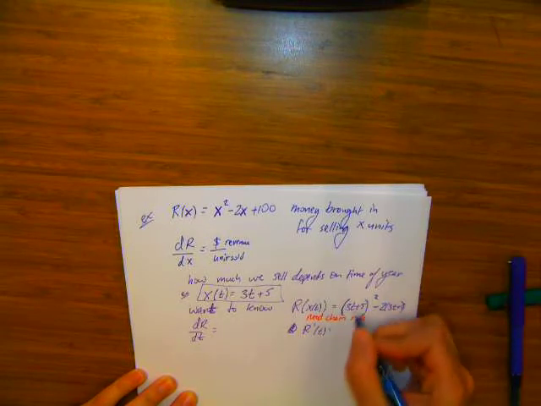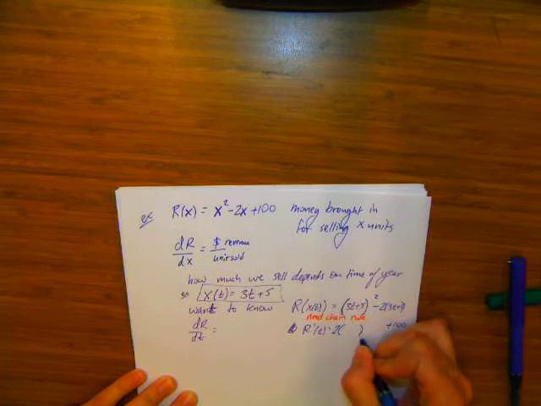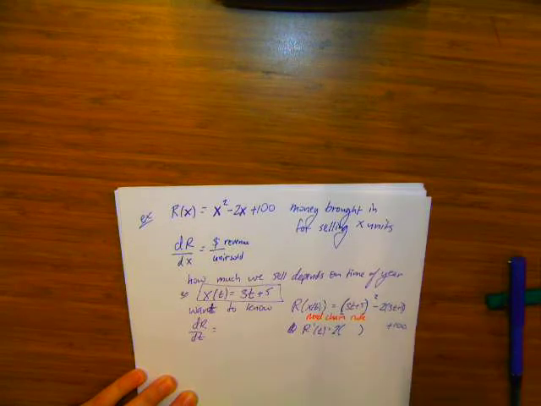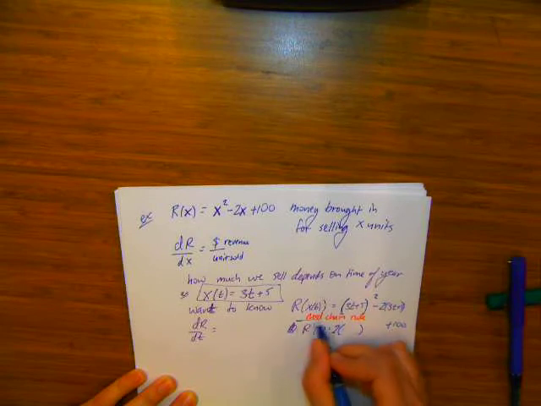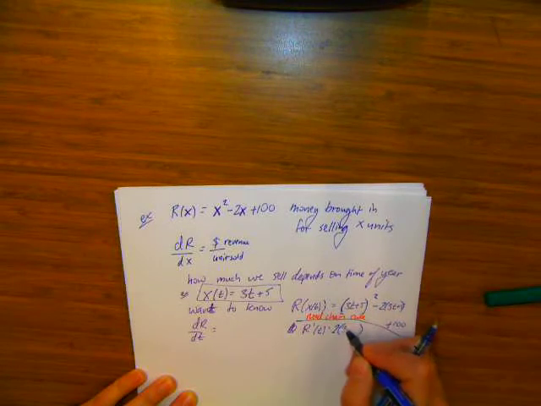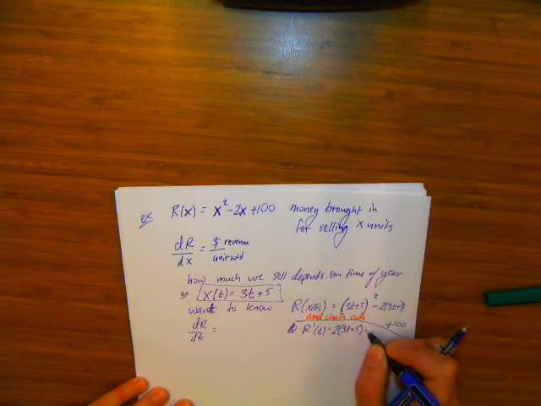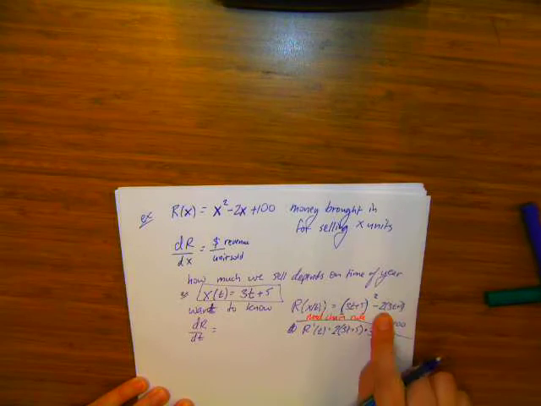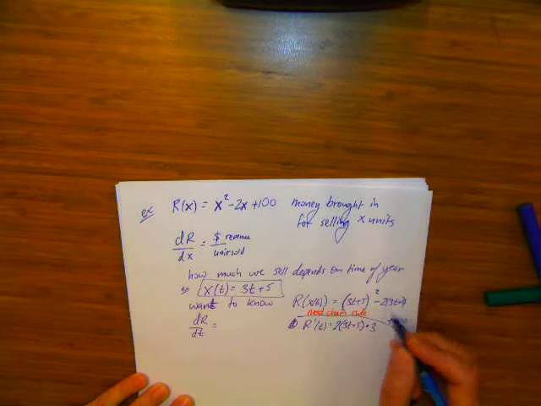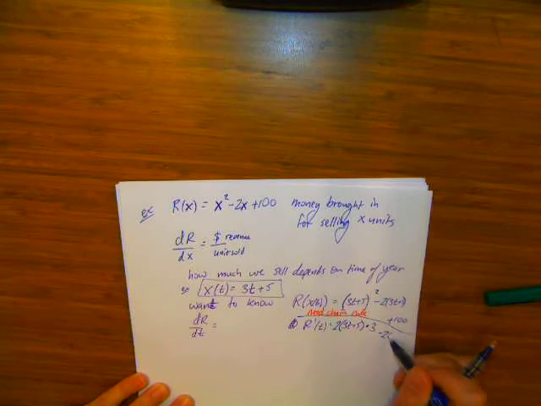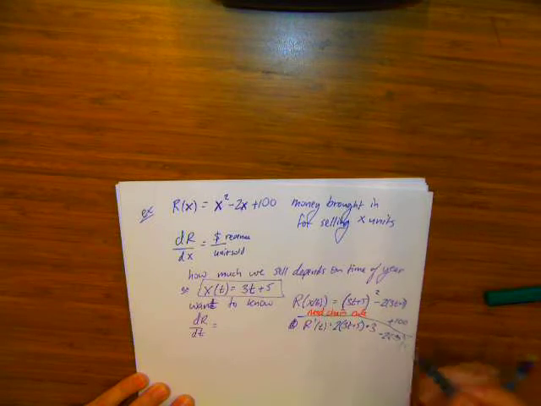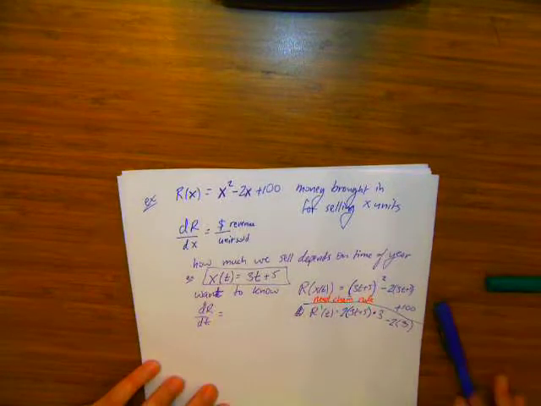So we do the derivative like we normally would. We bring down the 2, the new exponent is just the 1. This inside stays the same, but chain rule says I need to tack on the derivative of the inside, so what would that be? 3, good. How about here? Be minus 2, but I need the derivative of the inside, and so what would you get from that? 3, and then from the plus 100, it just stays the same. Okay, so